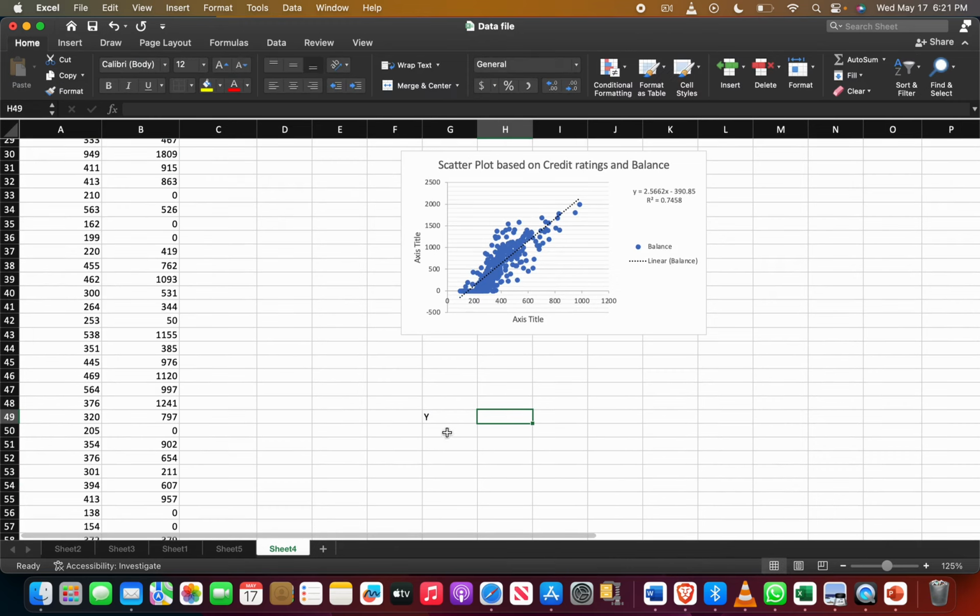what would be the y value? If the x value is 400, y would be, we can use this function, this formula. What would be? Okay, so 2.5662 into 400. There should be a bracket, under the bracket, then minus